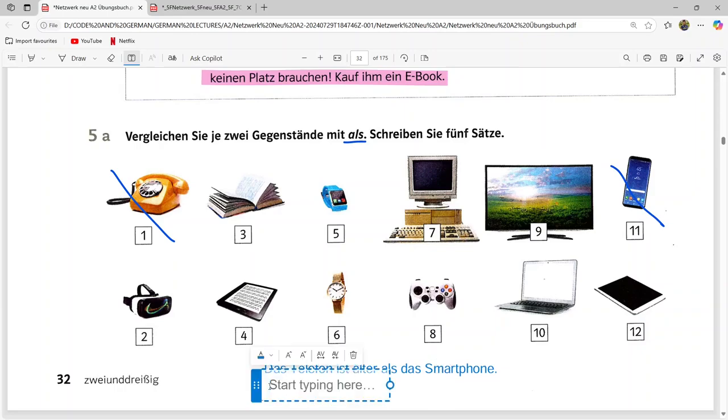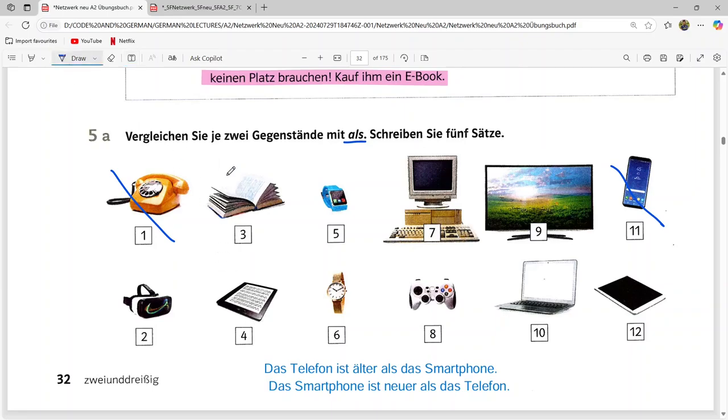Or we can also write sentences the reverse way. So das Smartphone ist, like new, okay, so neuer als das Telefon, like this. It's up to you. Okay,